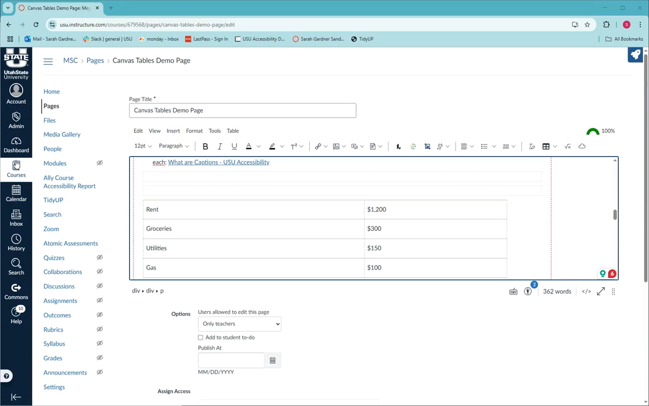Tables are a great way to organize complex information, but we do need to take certain steps to make them accessible for all users, especially those who rely on assistive technologies. If you are planning on putting a table into your Canvas page, just make sure that it's the best way